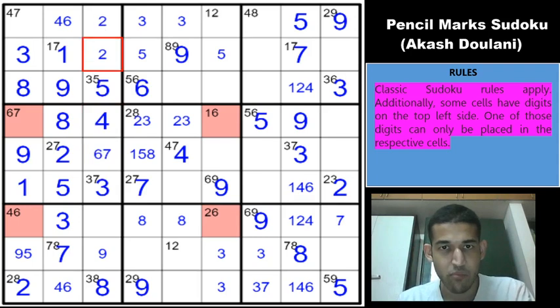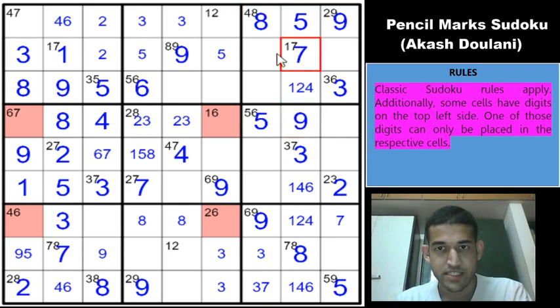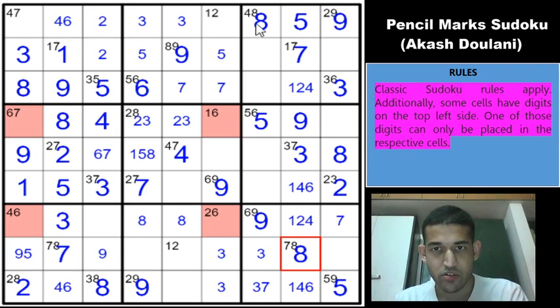And which means that 4 in box 1 must go into one of these two cells, right? Because 4 is in column 3, it can't be here. So 4 has to go in these two cells, and that gives an 8 in this cell, because this can only be 4 or 8. And 7 in row 3 has only two options. It can't be here, has to be in these two cells. And 8 in column 9 has only one cell left because of the 8's here and the 8 here, so 8 has to go here, which means this is not an 8, so this is 1, 5. And 8 in box 5 has only one option left. Beautiful.